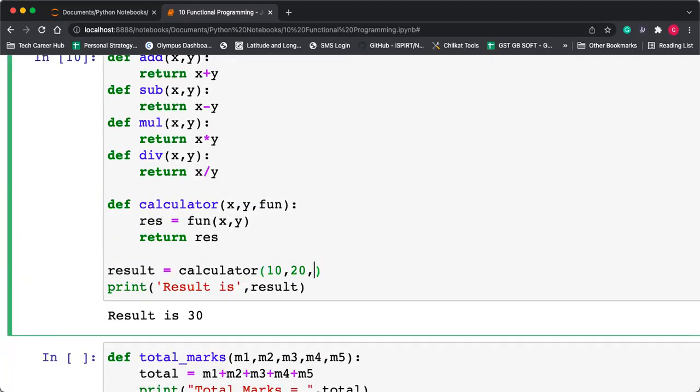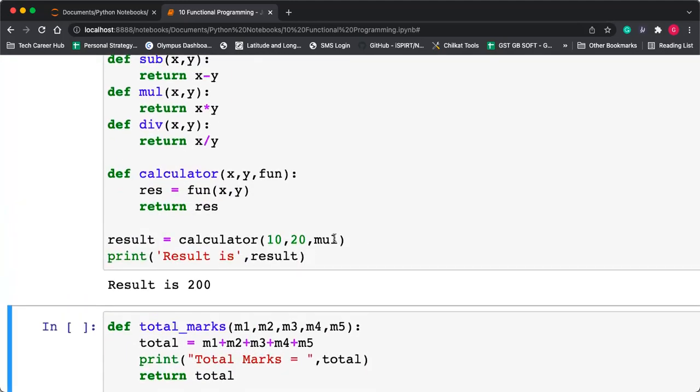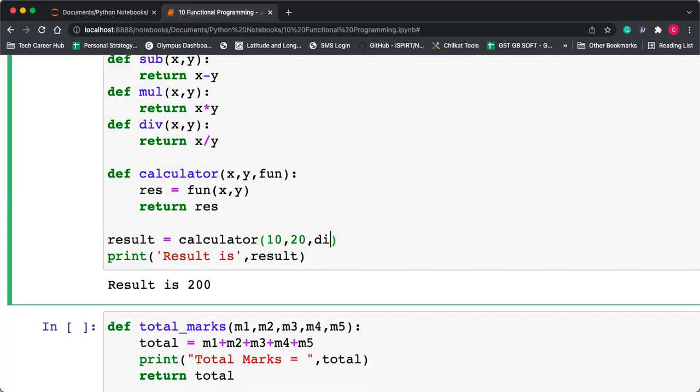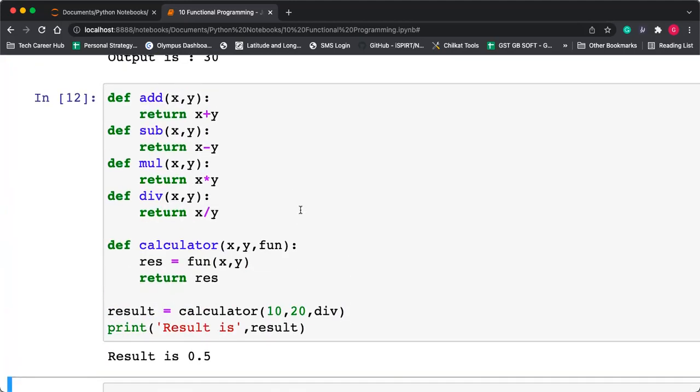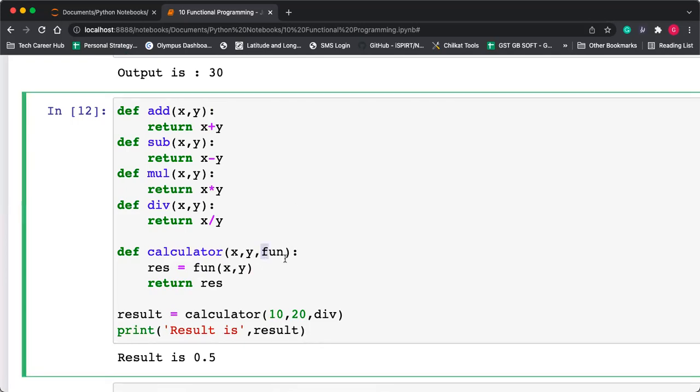Now if I want to do a multiplication, then use mul here, and the result is 200. If I want to do a division, just pass that function div. Yes, students, are you getting this? So in this example, I have passed the function as an argument to a function.